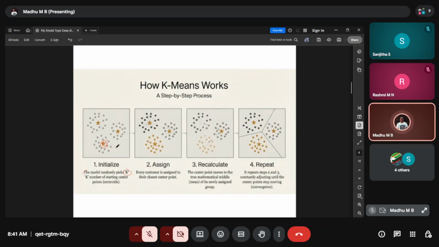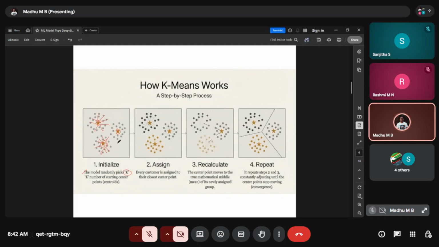It will pick one of the customers, and it will start pulling the other, similar data towards it. This is called initialization. In the start, it will pick a random k value, which will act like a centroid, and then it will start pulling the data that is equal or relevant to that data.